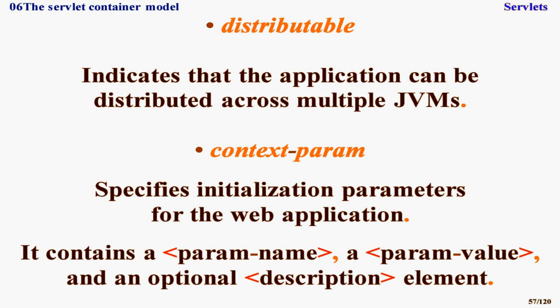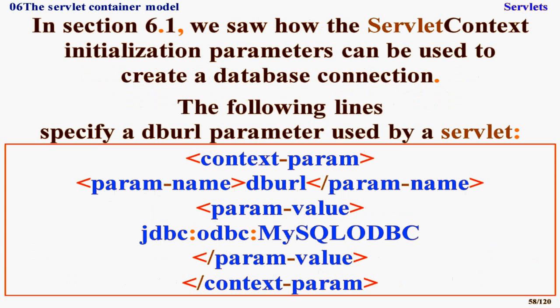Context-param specifies initialization parameters for the web application. It contains a param-name, a param-value, and an optional description element. In section 6.1, we saw how the ServletContext initialization parameters can be used to create a database connection. The following lines specify a dburl parameter used by a servlet. <context-param> <param-name>dburl</param-name> <param-value>jdbc:odbc:misclog</param-value> </context-param>